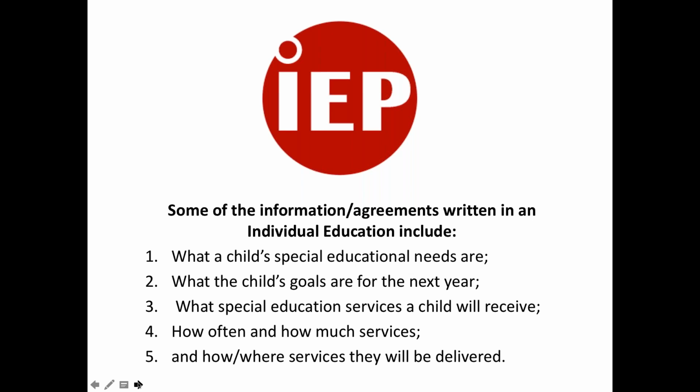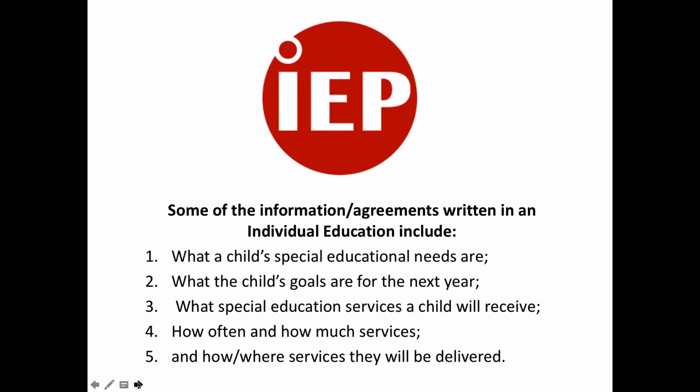Second, the IEP can have what a child's goals are for the next year. IEPs generally run for a year at a time, and at each IEP meeting, you write a set of goals that say, what is my child going to be doing in the next year? What are the academic and other related areas in which this child needs to have some specific goals to work on? The third part of an IEP is the services and supports that a child will receive in order to have a reasonable chance of getting to those goals. Because that is in part what the entitlement is under IDEA, that law.